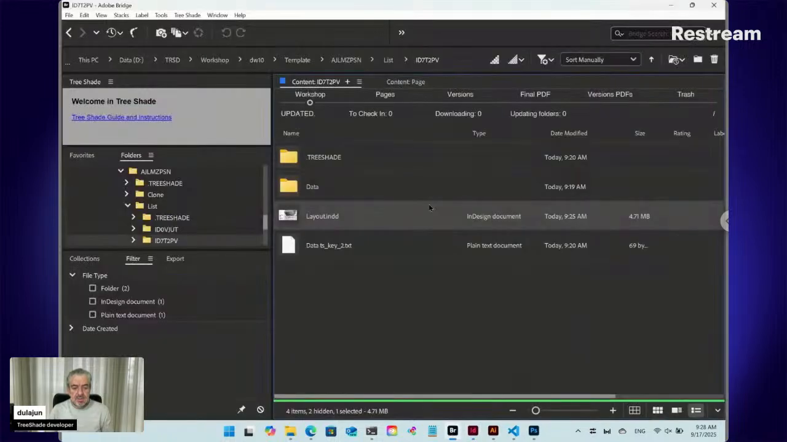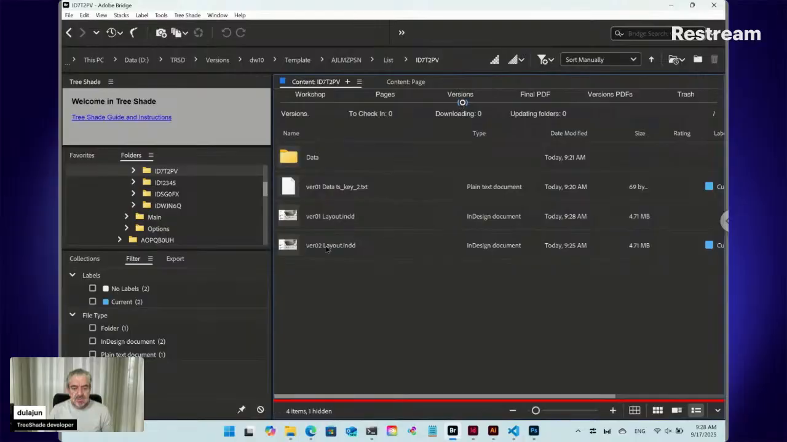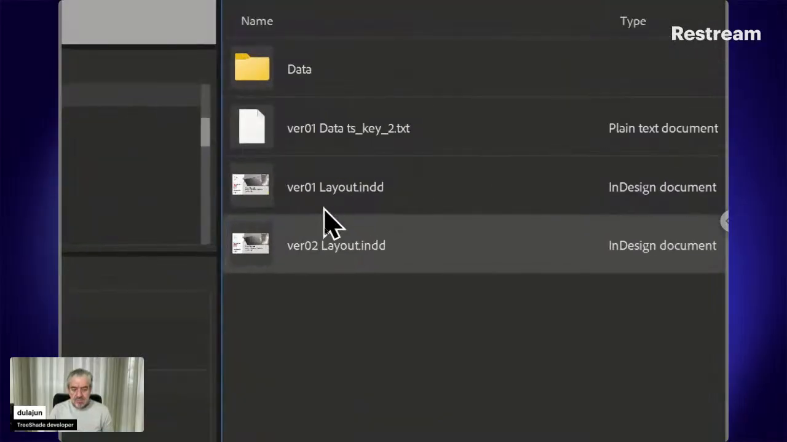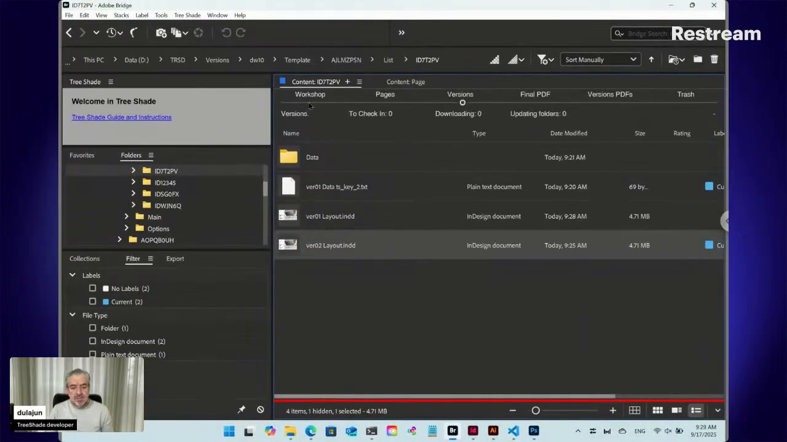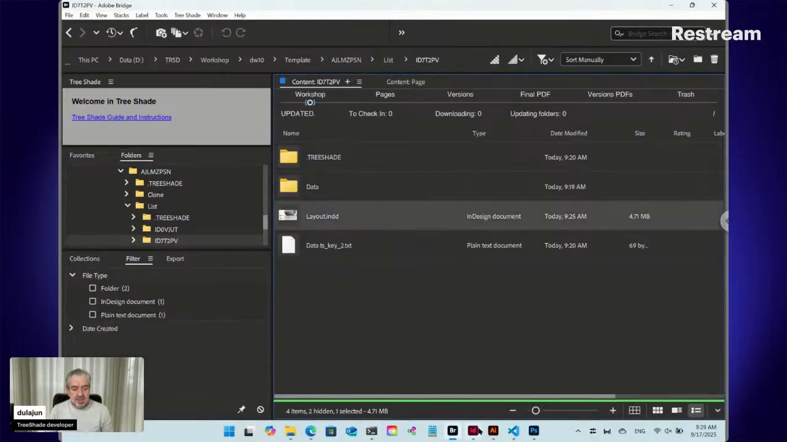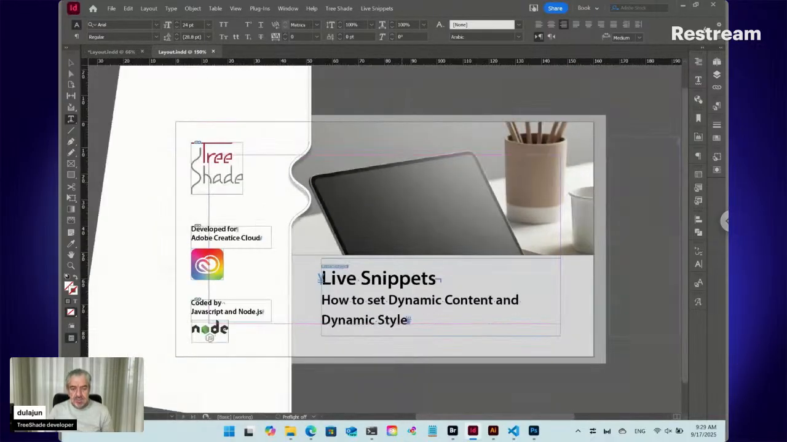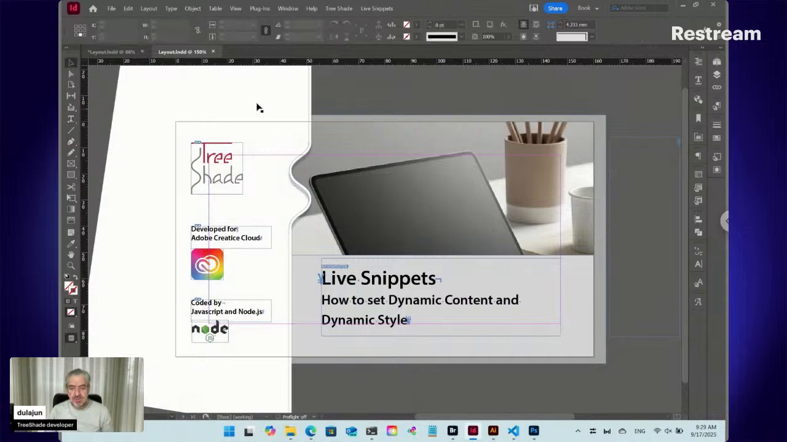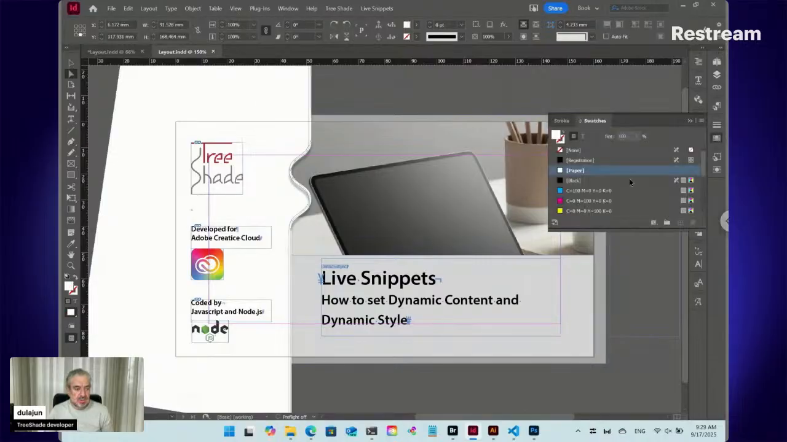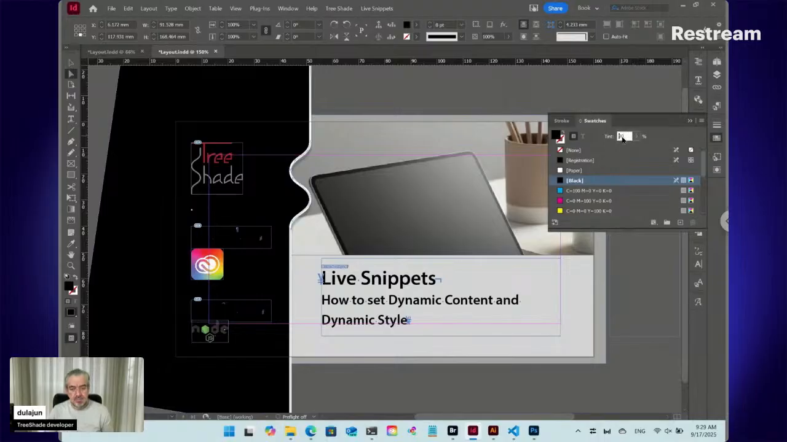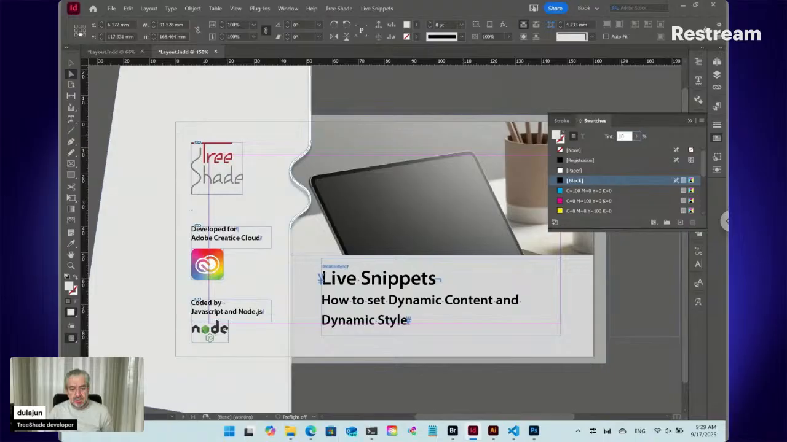And here in versions you will have a new version of the file identified by this prefix ver02, here ver01, and now it's under editing. Let's make any change, like let's change this color, the white to gray, to light gray. Okay, let's save